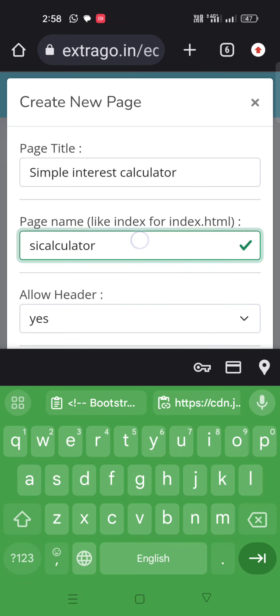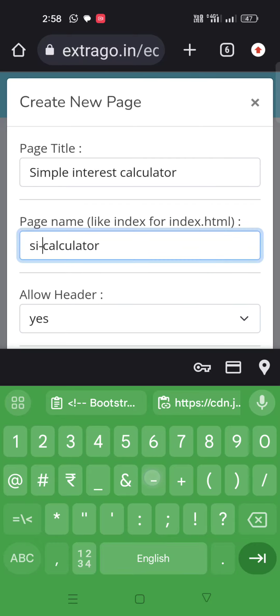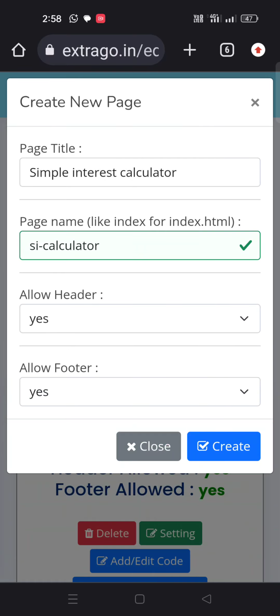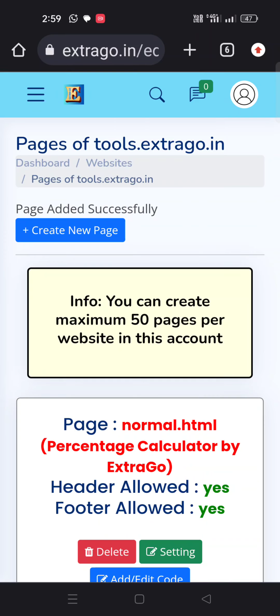Here put a hyphen. The file will be saved as SI calculator.html, so this page will get the HTML extension. Other things will be the same, already filled up. Click on the create button.